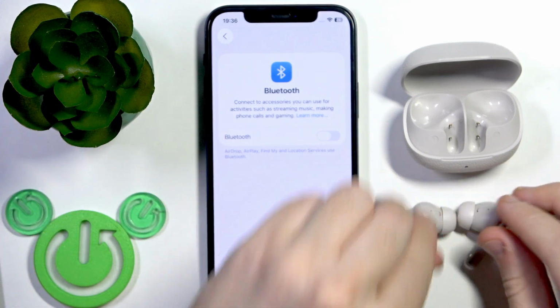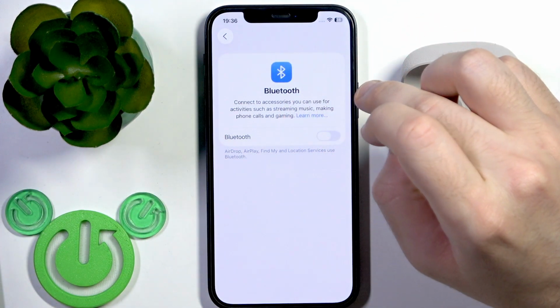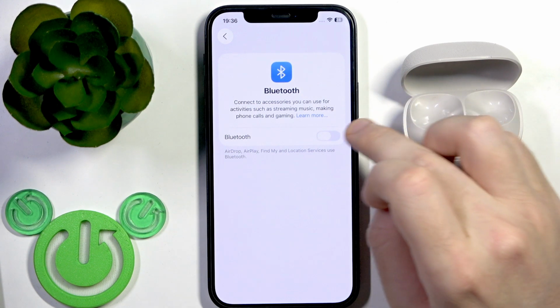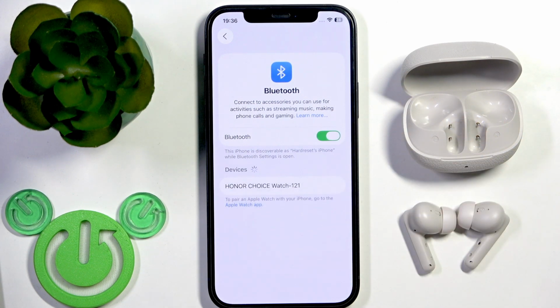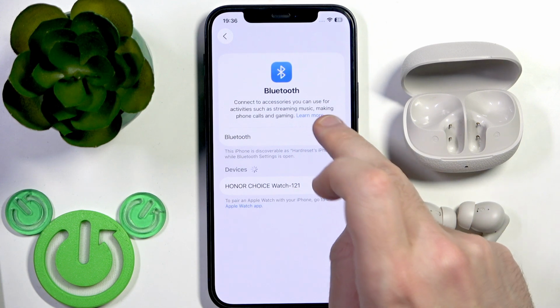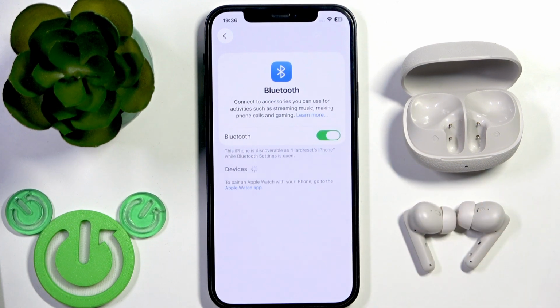After that, if you have Android, at the top click pair new device, and after that just tap on your earbuds in the device list, because it should enter pairing mode automatically, so we should see it in the device list. So click on it,